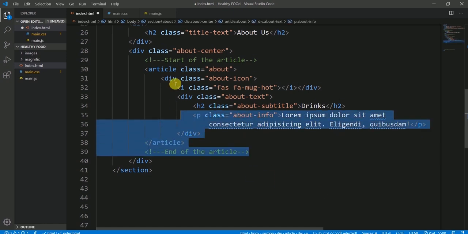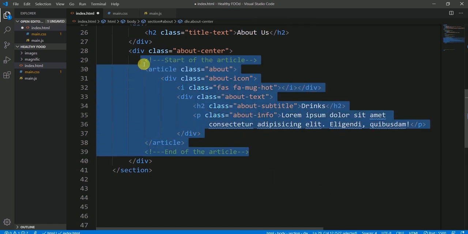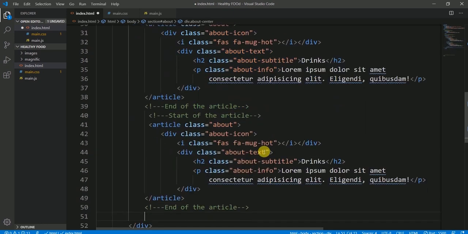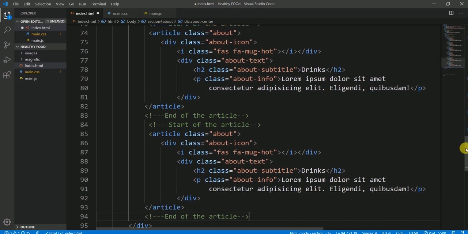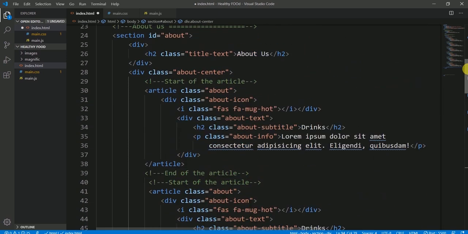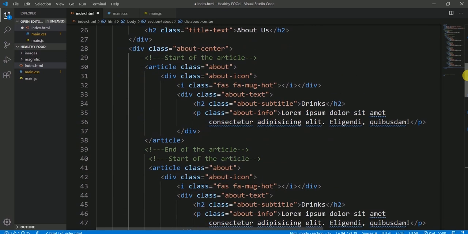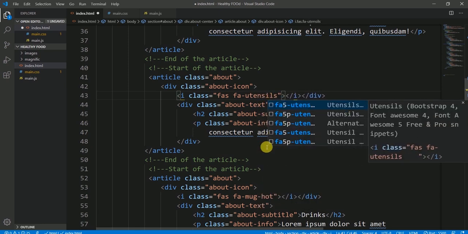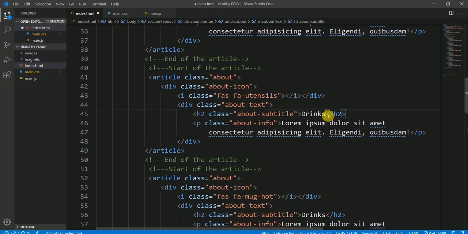I'm going to copy this article and paste it 5 times: 2, 3, 4, 5, and 6. Okay, so now I have 6 articles here. Now I'm just going to change the icons and the subtitles. So here the second one would be utensils. So I'm saying utensils, and the title for the utensils would be,